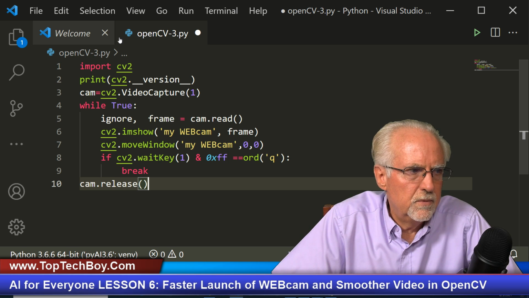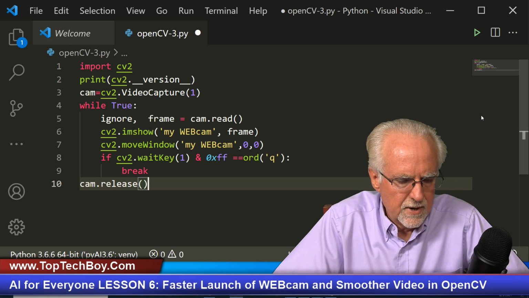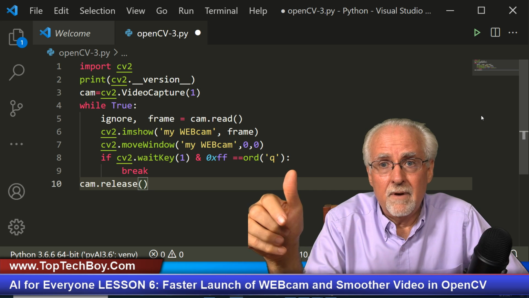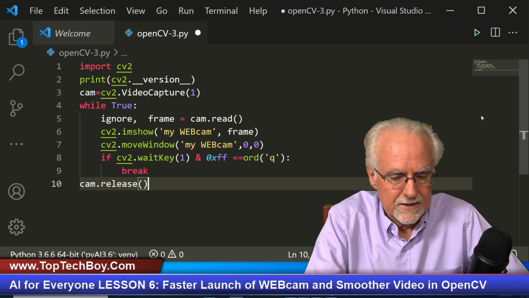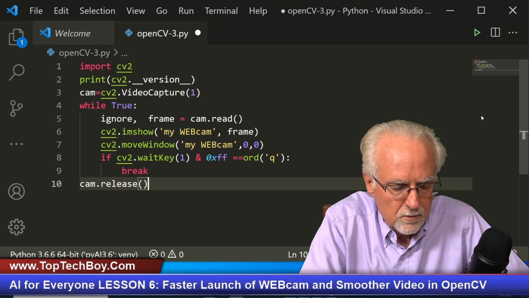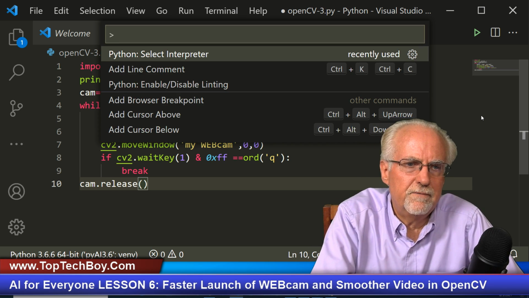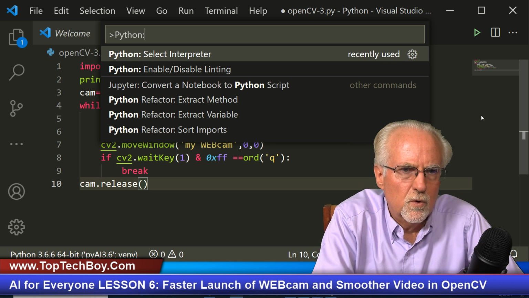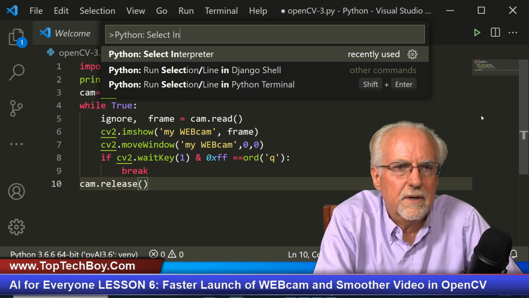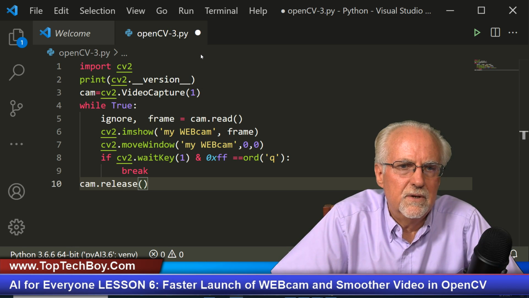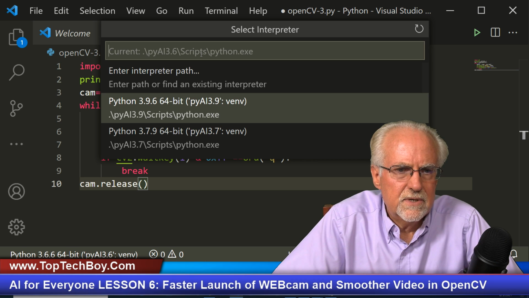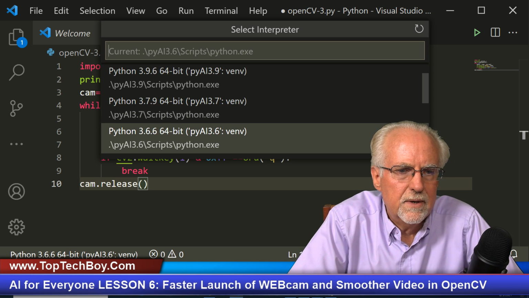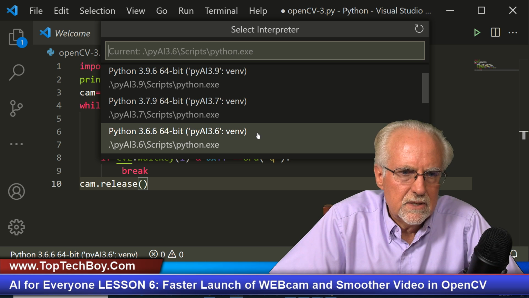Now I am going to move the file navigator out of your way. Just for good measure, because you might have been working on my Visual Python, my 3D graphics class, let's make sure that we are on the right interpreter. So I will press Control-Shift-P, and then we want to go to Python, select interpreter. If it doesn't pop up for you, type Python space select interpreter, and then it should pop up. We will wait a second for it to give us our choices. It looks like mine was on 3.9.6, and what I want is Python 3.6.6